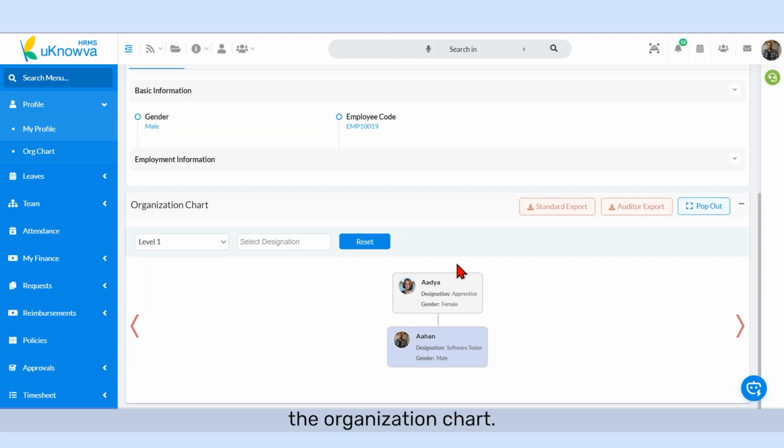To export the organization chart, you will find two export options available on the screen. Click on the Standard Export button to download the regular version of the organization chart. If you require a more detailed version for audit or compliance purposes, click on the Auditor Export button to download